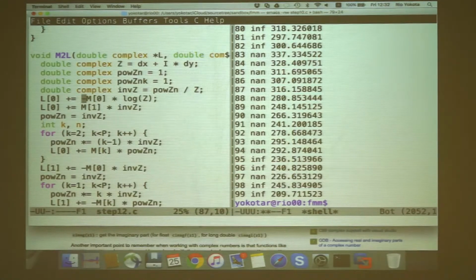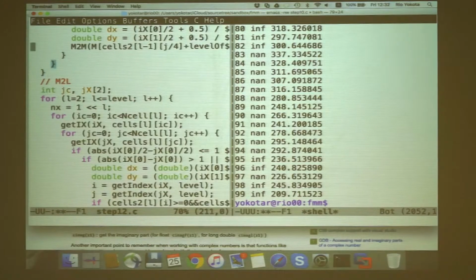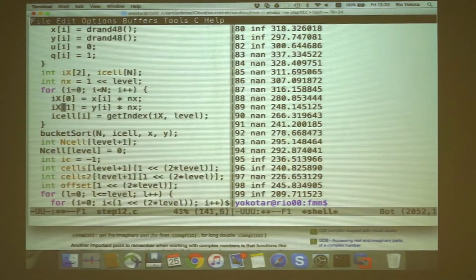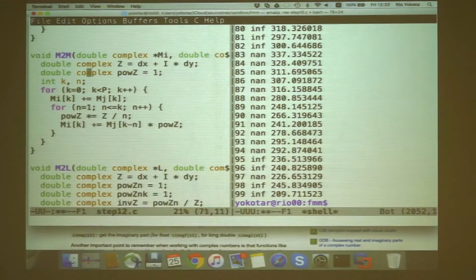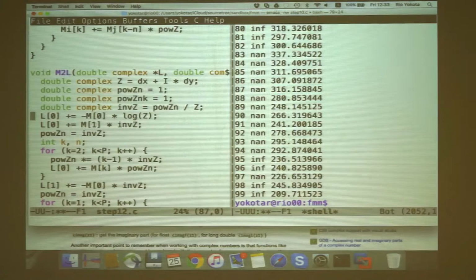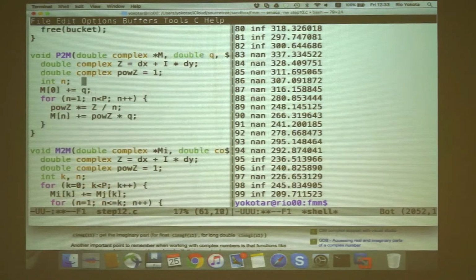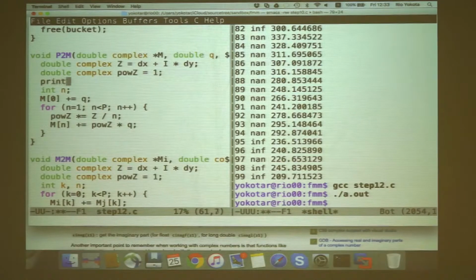So now I have to start debugging. It could be because the M is already wrong in the previous calculations, and when I do M2L, it actually substitutes numbers into the L0, so it changes the results. So there's something wrong with either the numbers that are being input here, so maybe I can go back to P2M and start printing stuff, because the error could have happened starting from P2M, because we've been changing the values here. So first, let's just confirm that